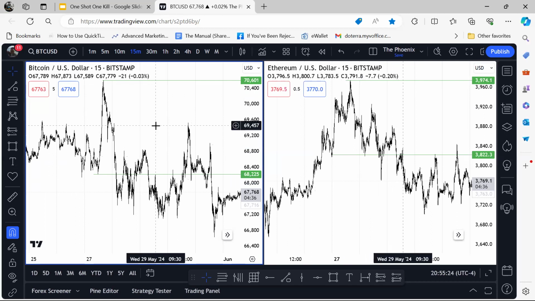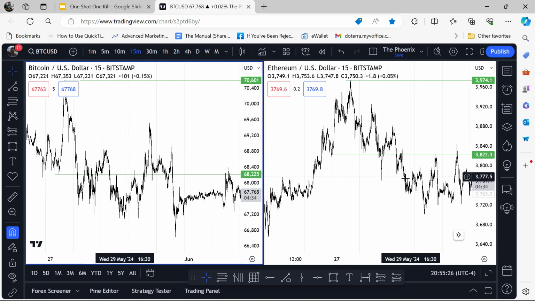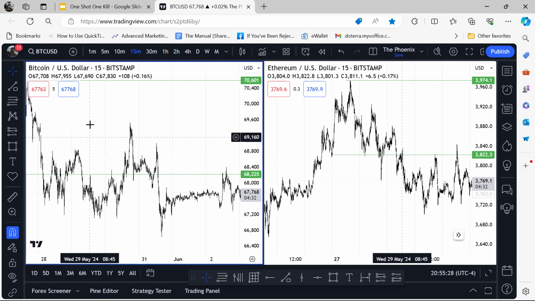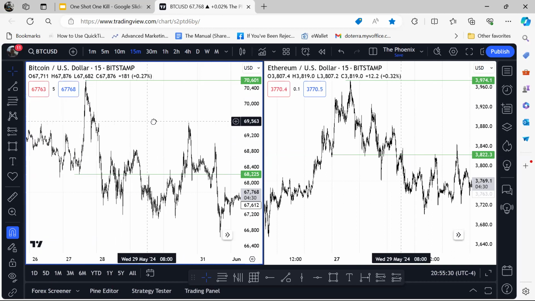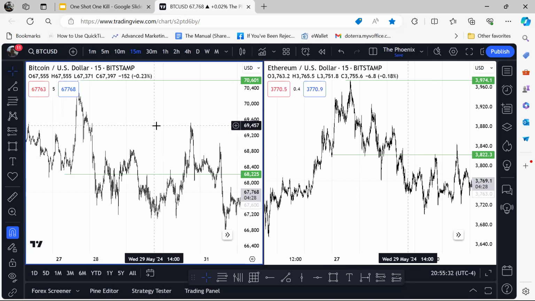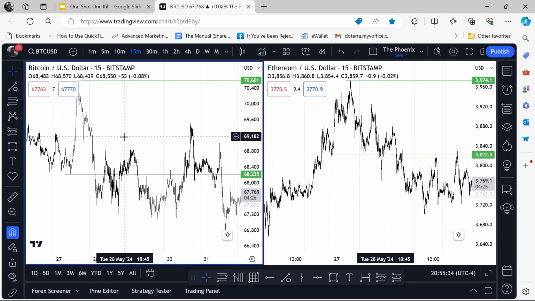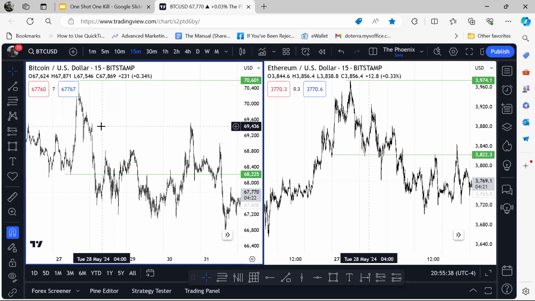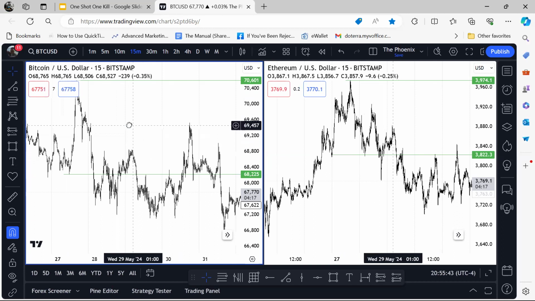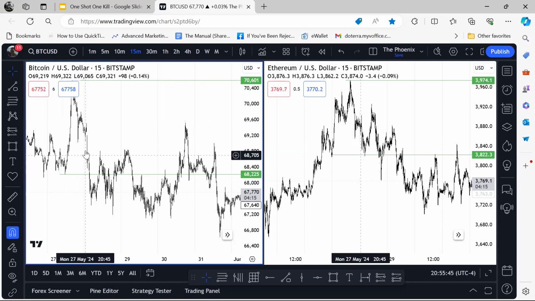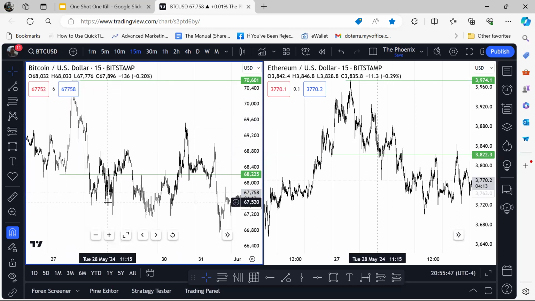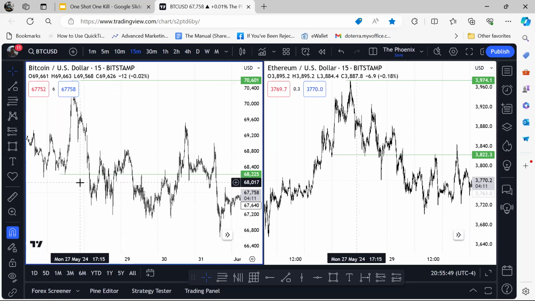On Bitcoin, nothing much really happened. This is a case where you would have found that price would have given you a trade back to, there's actually no divergence here. If we really look at it, there's none. So price did trade back to the low of the opening range, which is Monday's low.